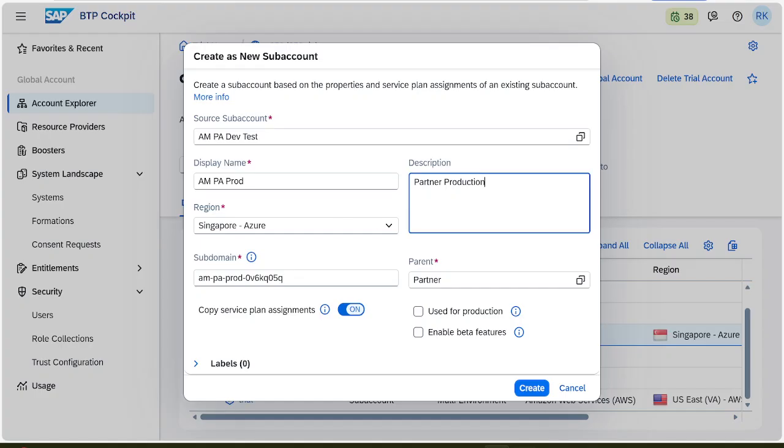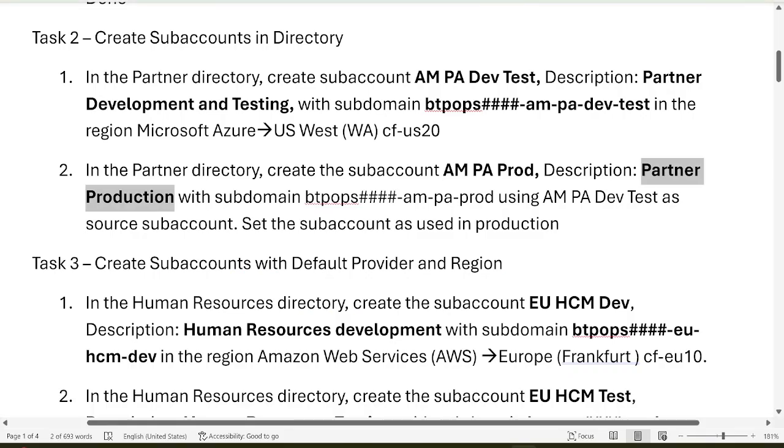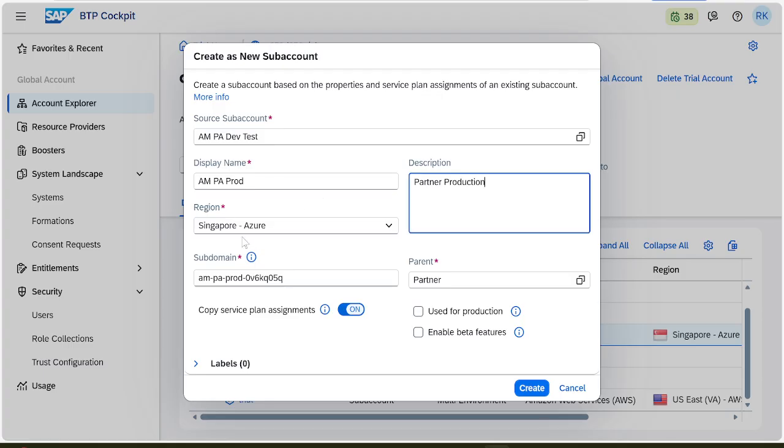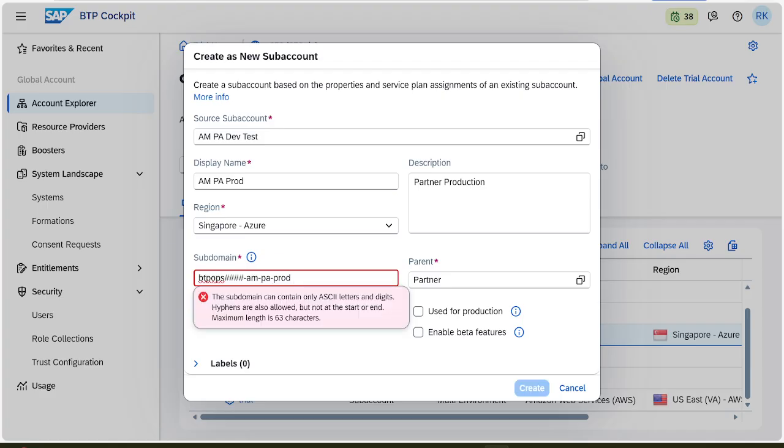Now the region is automatically getting selected. Why? Because we have given dev test as the source sub account. Now you can change the subdomain. BTP, Control V. Here see, get rid of the space. Just click like that. And then replace the hash with the global account number, the last 4 digits of the global account number.